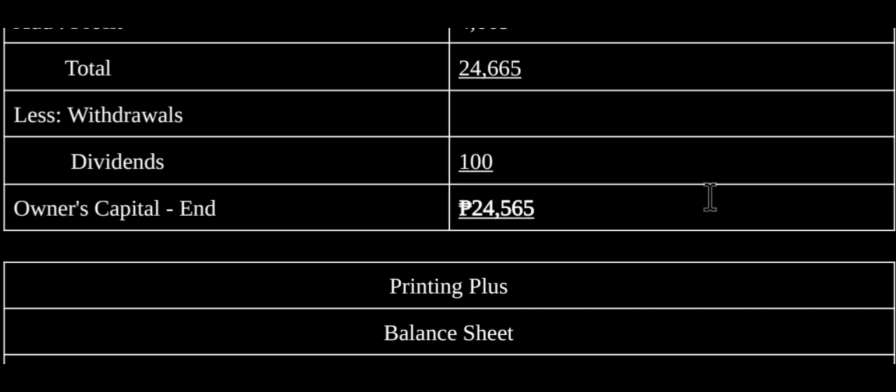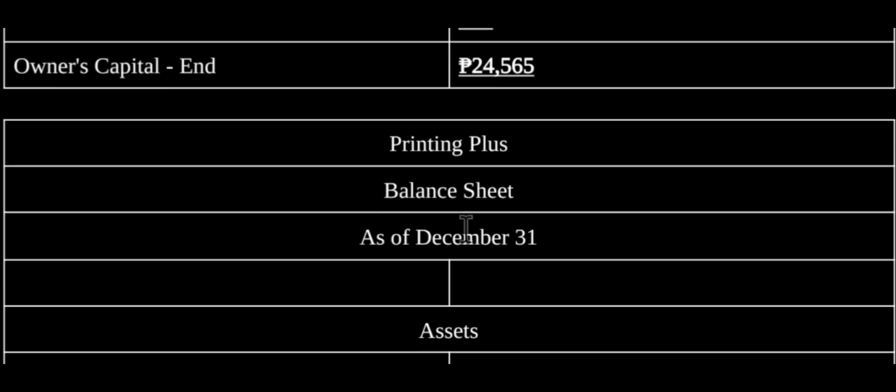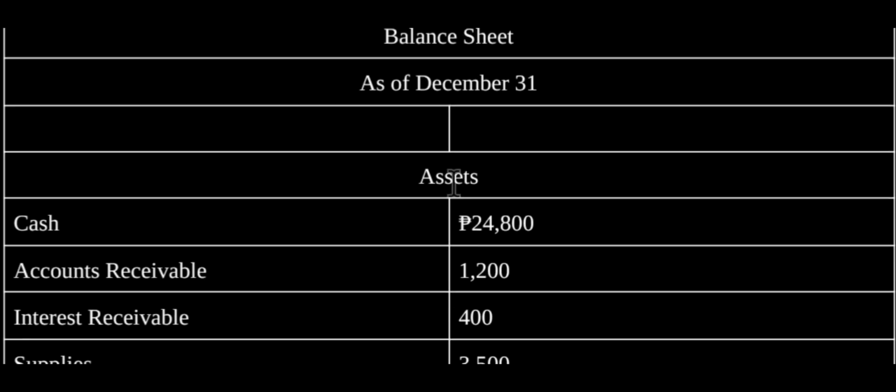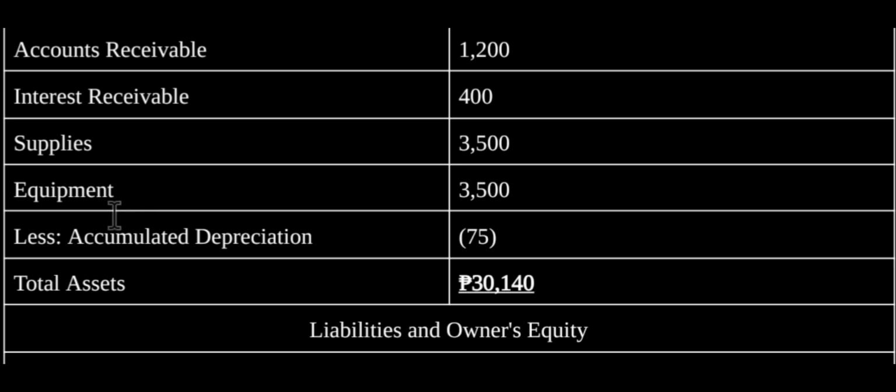Now we have here the balance sheet for the Printing Plus as of December 31. Now we have here the assets. Cash, we have here 24,800. Accounts receivable, we have 1,200. Interest receivable, which is 400. Supplies 3,500. Equipment, we have 3,500 too. And we have a less accumulated depreciation. We have to subtract it. So in total we have total assets of